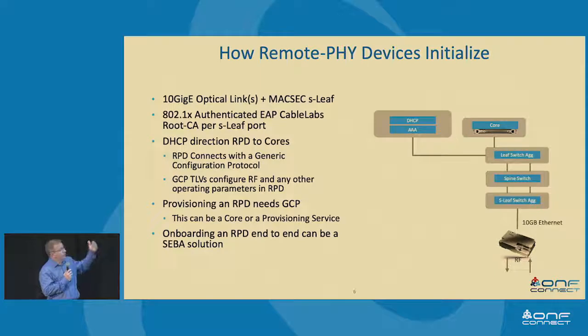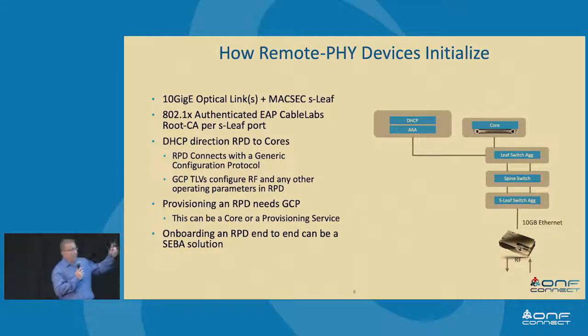So the first stage traffic after that will be DHCP. Now for Cable Labs, DHCP is almost used like a control plane, right? The standards say we need to do device identity through client options that are included with any Cable Labs specified type of device over DHCP. And we also like to do direction, right? Or discovery of what you need to do next through the offer or the solicit response in DHCP in Cable Labs terms. And that happens here in RPDs. RPDs will send out their client option 60 that says, hey, I'm an RPD, something, something, something in their string, right? And that's the first hint for DHCP to know what kind of device they're dealing with.